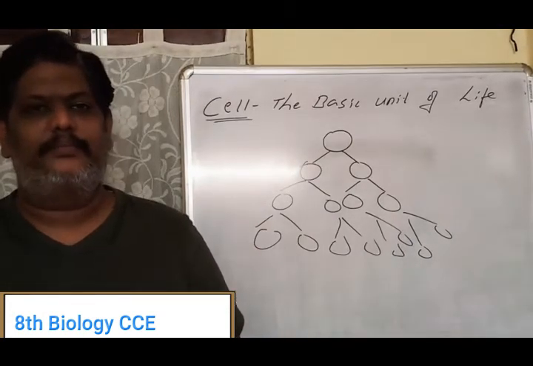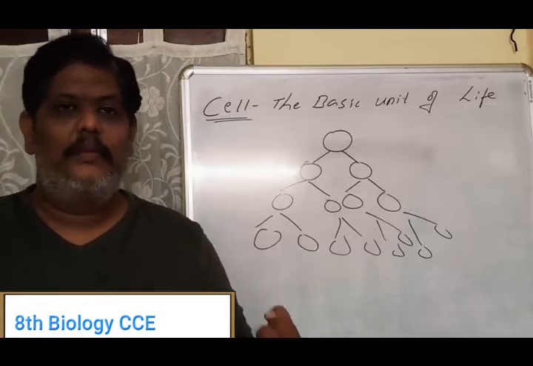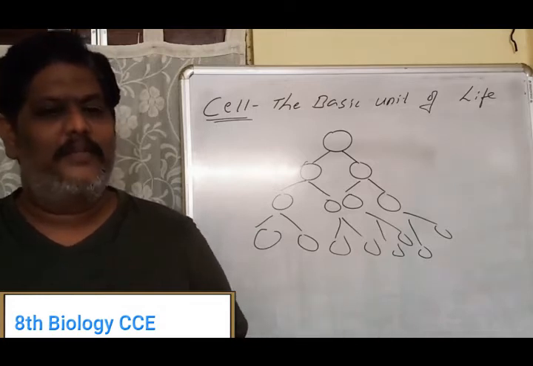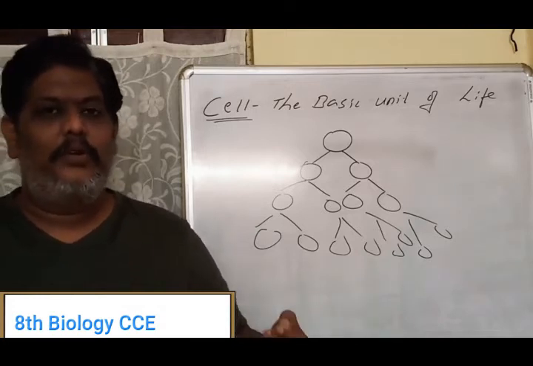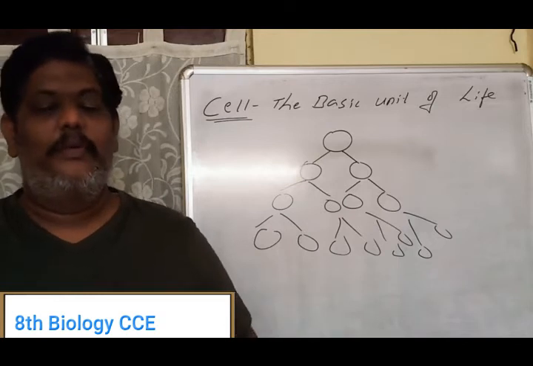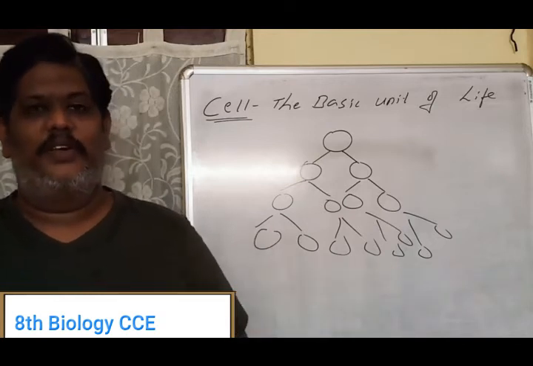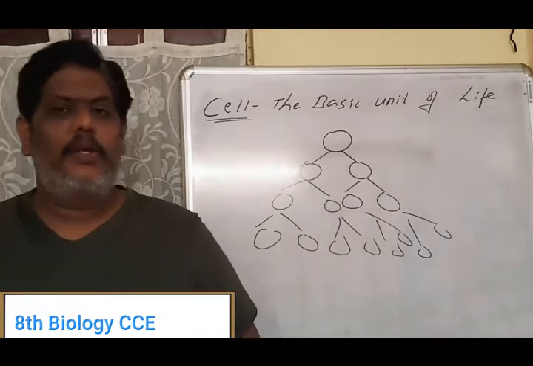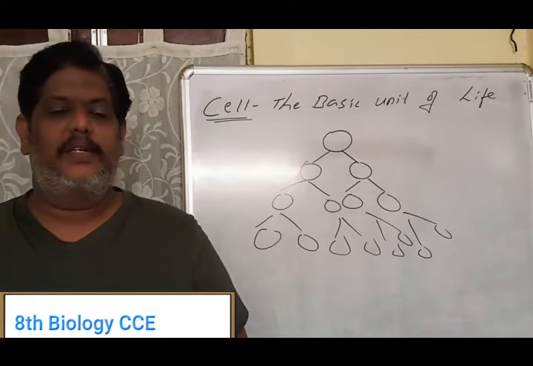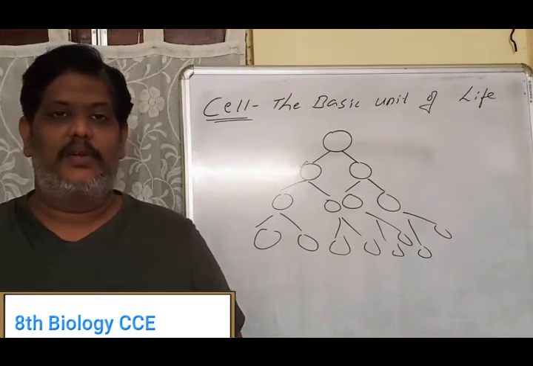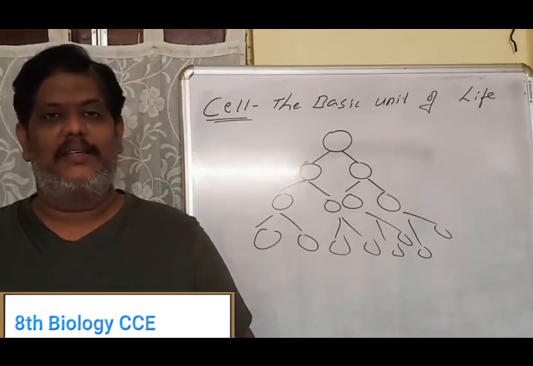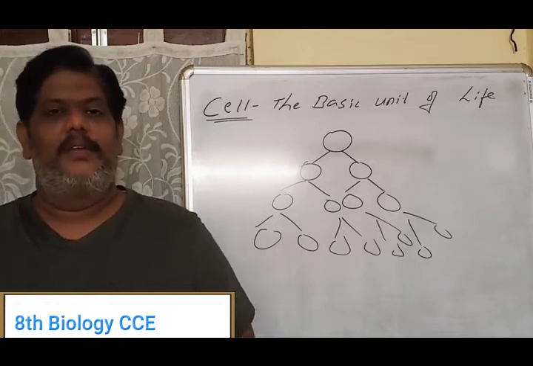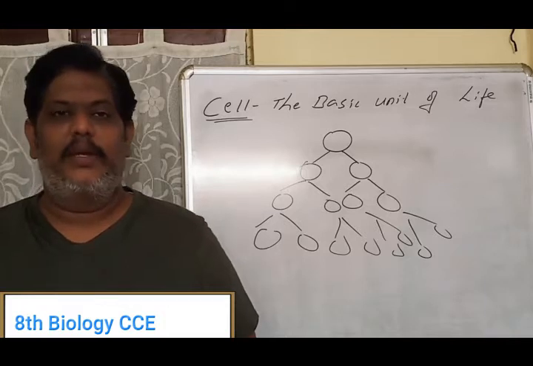So now, if this is a base for our lesson, then who discovered the cell? How were scientists able to say that all the human beings, animals and plants are made up of cells? So before 350 years ago, before the microscope was invented, you all know what a microscope is, we usually see it in our lab. The microscope will magnify the object so many times so that you can see even the tiny particles, isn't it? So to observe a cell, what you need is a microscope.